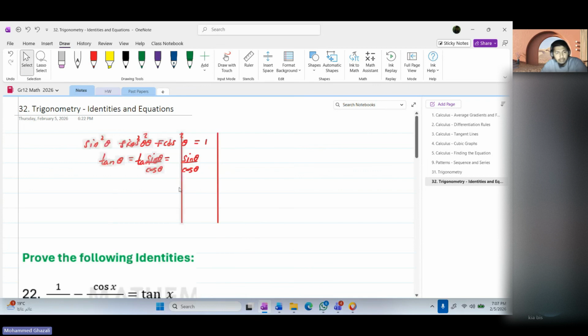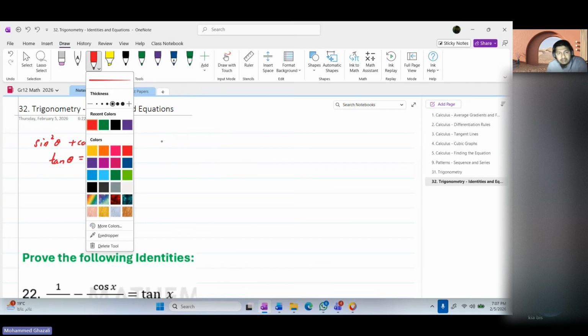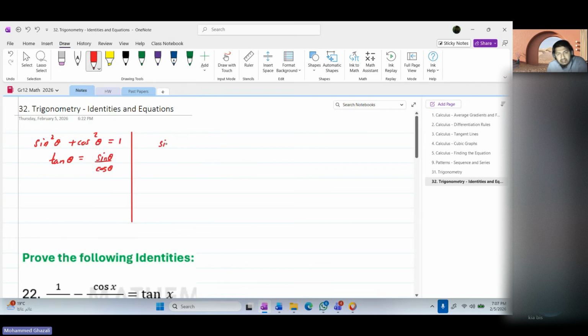It's just that in compound angles, they hardly test you on the compound angle itself. They ask you mostly for double angles. So let's look at the double angles. We know sine 2 theta is just 2 sine theta cos theta. And cos 2 theta, there are 3 of them here. That's where the problem is. You don't know which one to choose, but there are tricks in